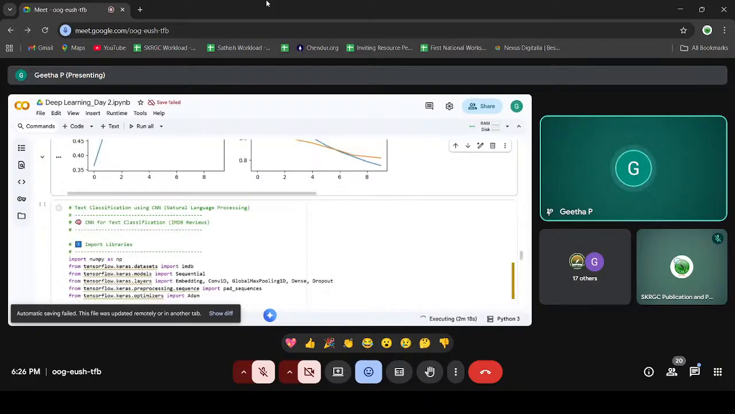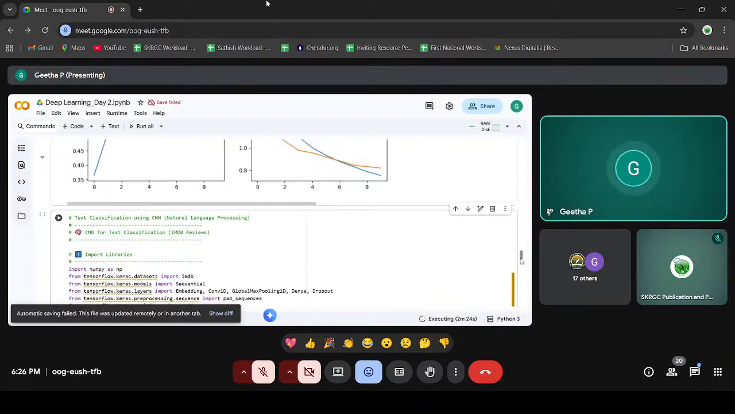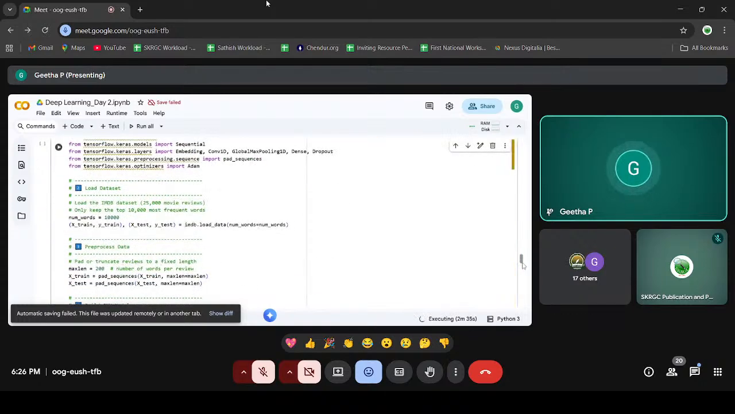And the next application is text classification using CNN. It will be used in natural language processing. And we can have text classification, with which we can review movies. And for that we can use the IMDb review data set. So we have to load the data set first and pre-process the data. And to pre-process the data, we have to